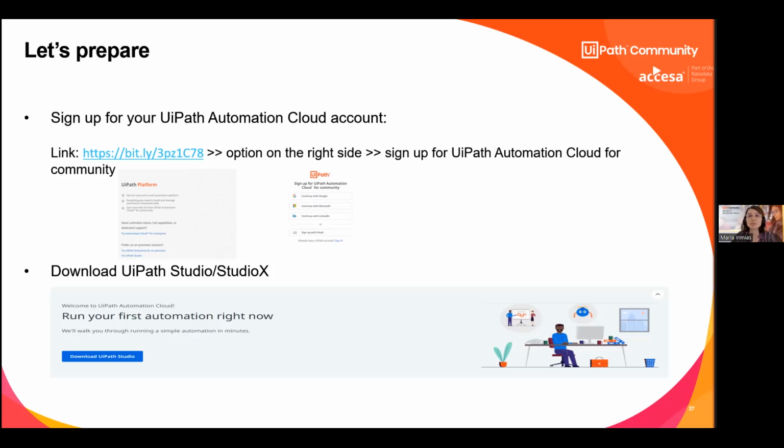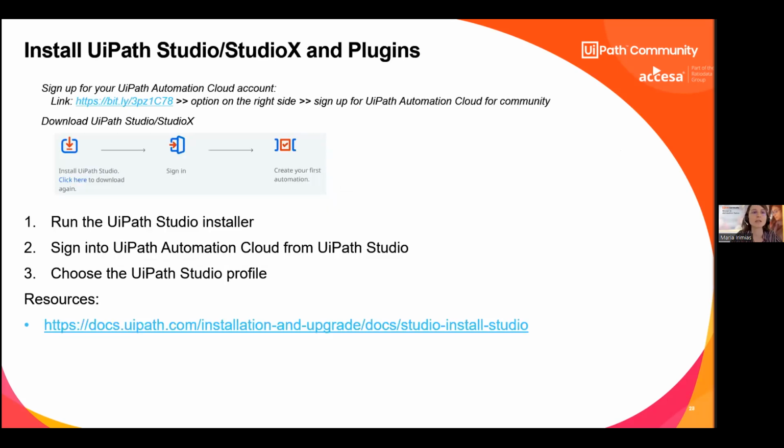There you will be prompted, or you will have on the right side the option to download UiPath Studio. It will be an MSI. When it has downloaded, we can work together and I will explain the steps, which are very easy. But while it is downloading, I will explain a bit more how you can install it. Basically, it's a simple installation. You download it, and once it is downloaded, you double-click on it.